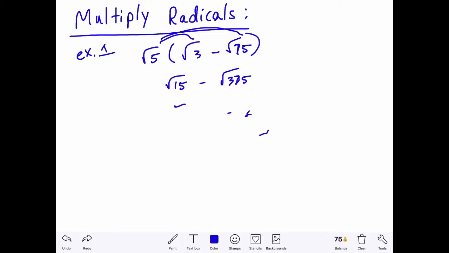And then I say 375 is 25 times 15, and I pull the 5 out. So that'd be root 15 minus 5 root 15, which is negative 4 root 15. And another method I could use with the same problem